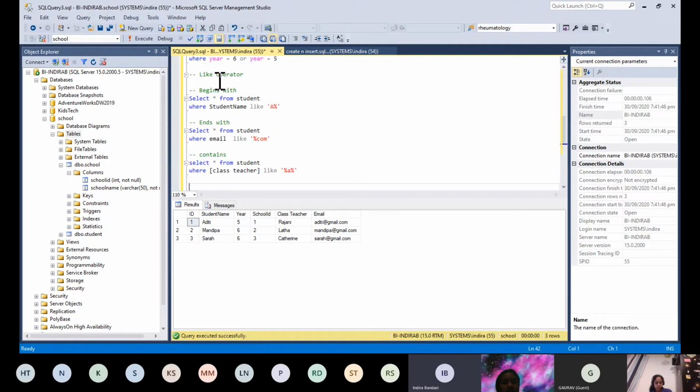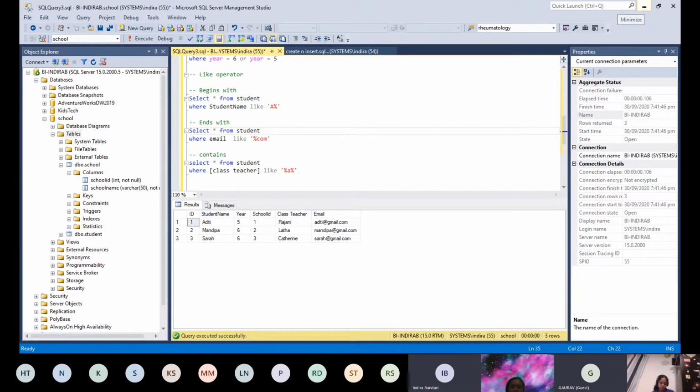The begins with, ends with, and contains can be achieved with like. That is the syntax. I'll share you the PowerPoint where I'll give you the syntax.